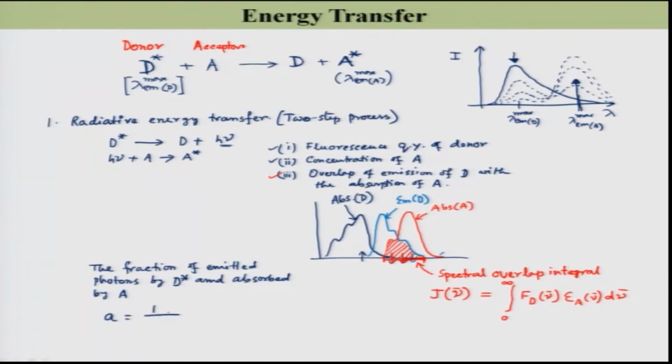I am not deriving it, I am just writing the expression, but everything should be present in this formula. So, this is equal to 1 over phi d 0, where phi d 0 is the quantum yield of the donor in absence